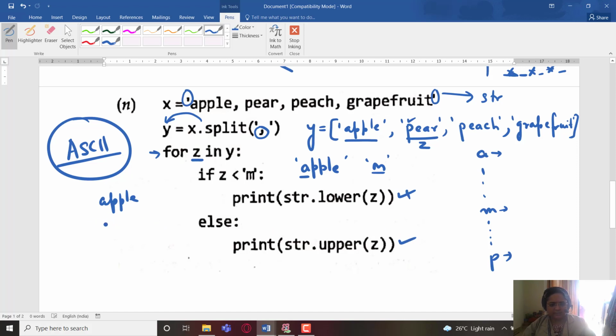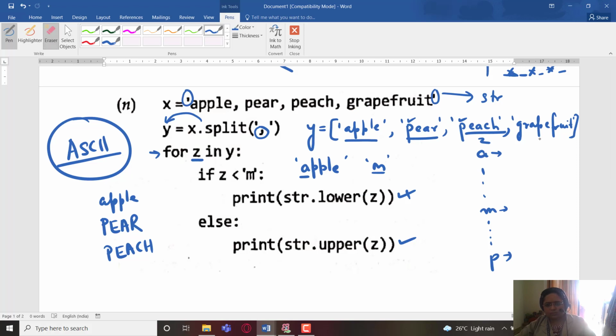So we go to the else part and print it like this here. Then next, again the next Z is peach. So again it starts with P, so we will be executing the next one, peach, and the last one is grapefruit.